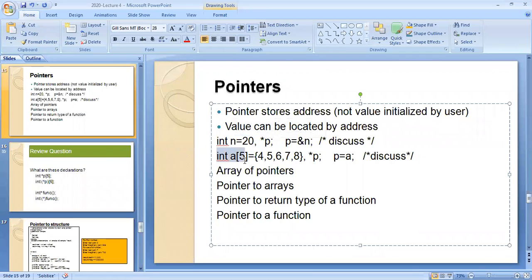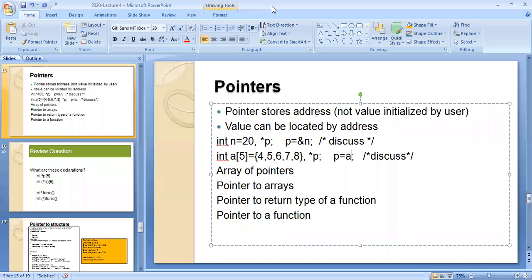Now you come to the concept. int a of 5 is equal to 4, 5, 6, 7, 8, and star p. So what is this? p is equal to a. What will p contain? I have given p is equal to a.